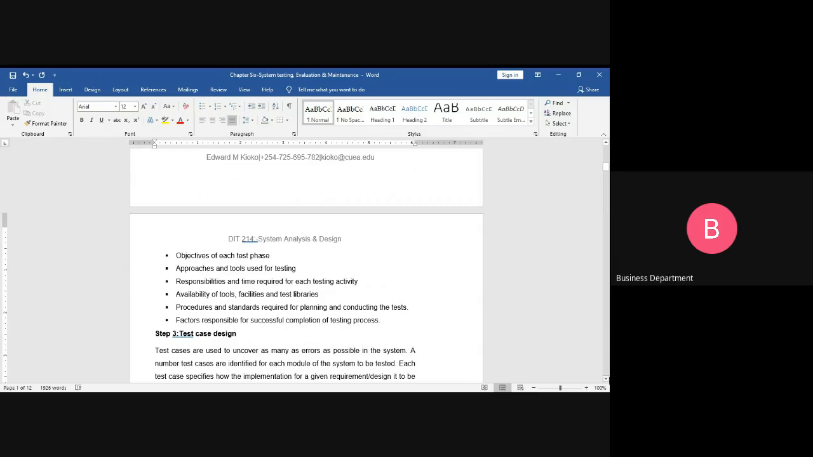Then we look at the availability of the tools, facilities, and the test libraries. If let's say it's a software, then you need to be able to see the tools I've said I'm going to be using, are they available? Are the facilities available? If you are using a certain library and you have some kind of data you want to get from that library,